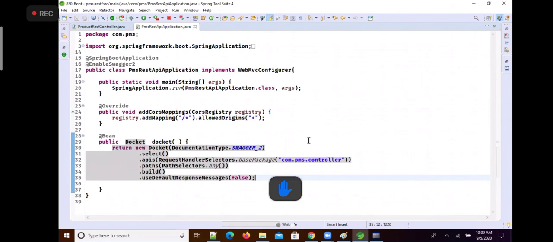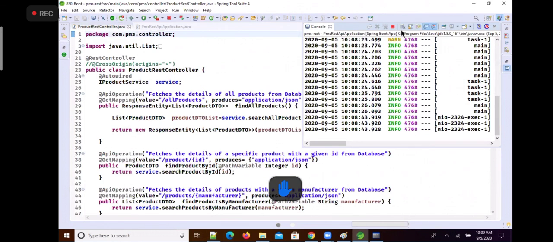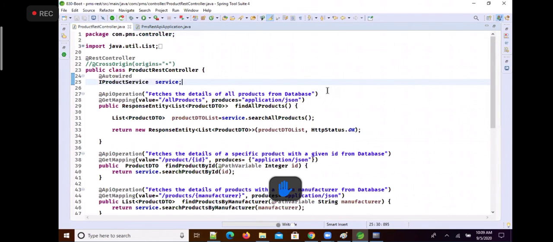Now if I want to add my own description for the endpoints, for some of the endpoints, then I can use, for example, only for one I will write. In the same way, you understand that others are also applicable.